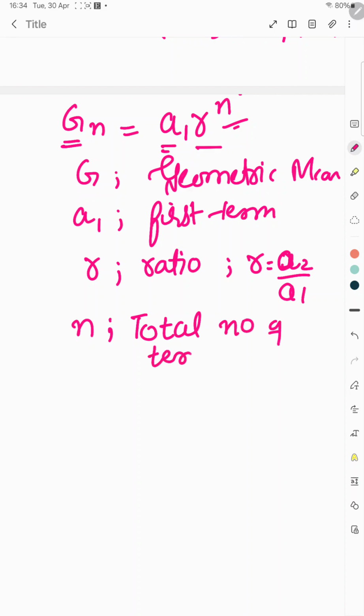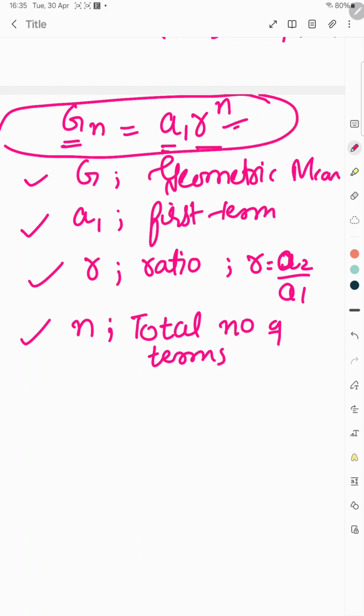Okay, if you see my previous video, in which I discussed the basic concept of geometric sequence, in that video you will learn about all these things. There are questions and examples solved in the previous video. You can see there and clear your basic concept related to geometric sequence. Okay student, so whenever it is asked to insert geometric means between two numbers, you will use this formula. You have to memorize this formula really well.